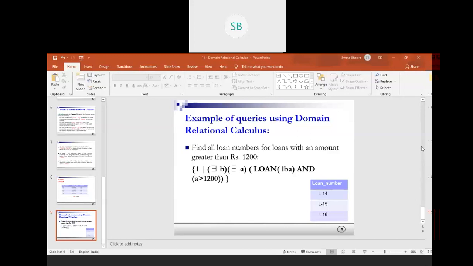See, in domain relational calculus, always remember that when given a relation, we need to first assign some domain variables to it, and then we can write the query. So both tuple relational calculus and domain relational calculus look the same way. Both are declarative.